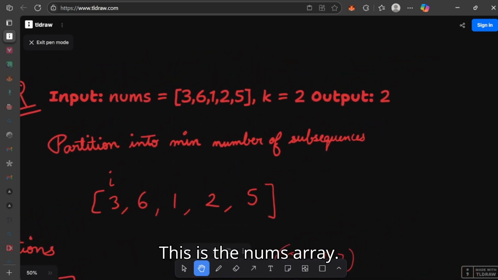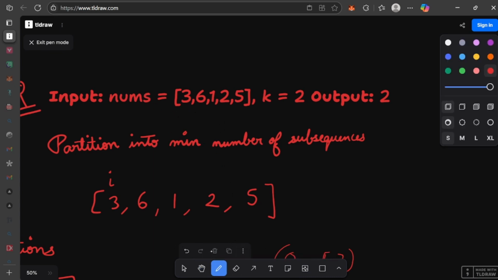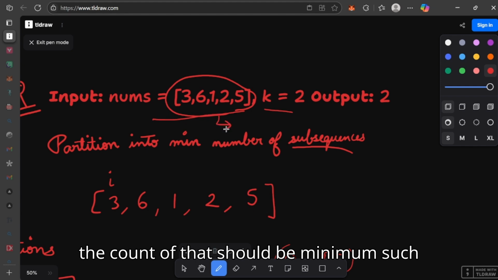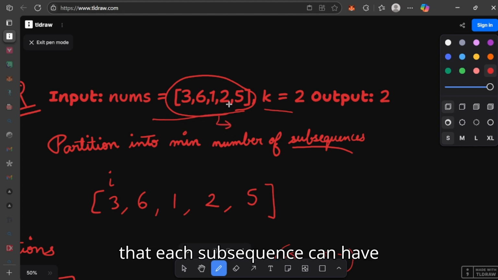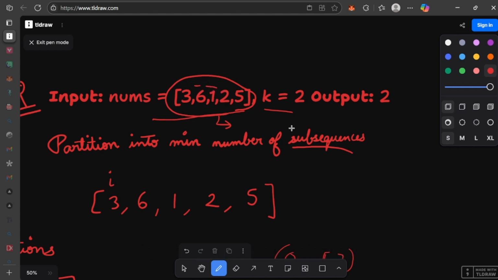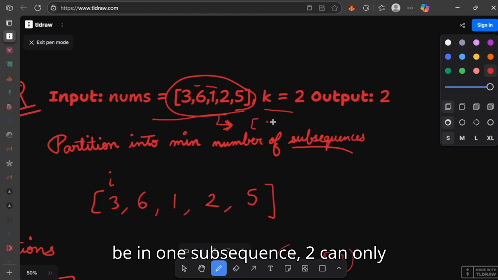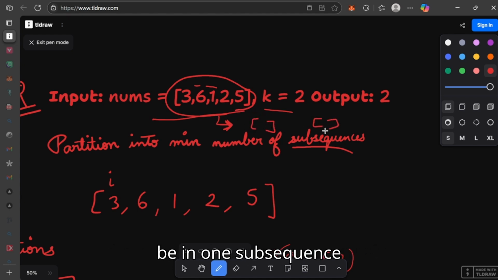This is the nums array example given to us, with k as 2, and here we have to partition this array into subsequences, and the count of that should be minimum such that each subsequence can have only one unique element. One element can be in only one subsequence, like 1 can only be in one subsequence, 2 can only be in one subsequence,